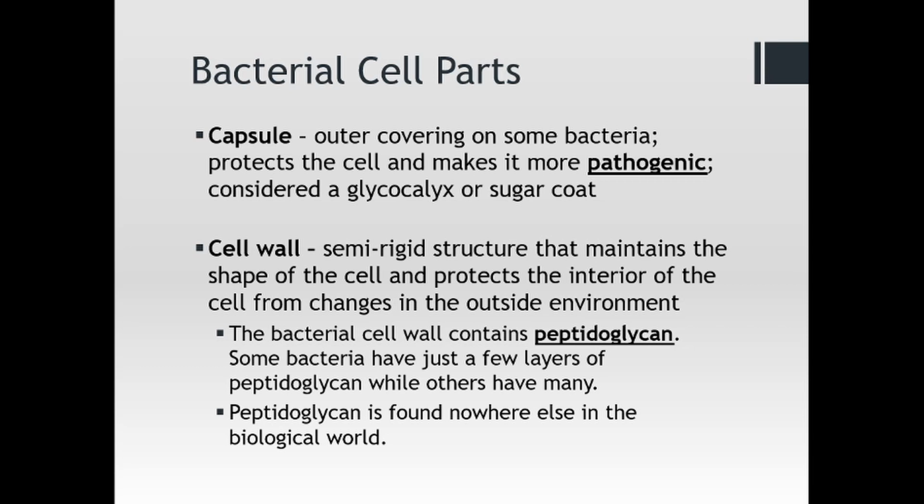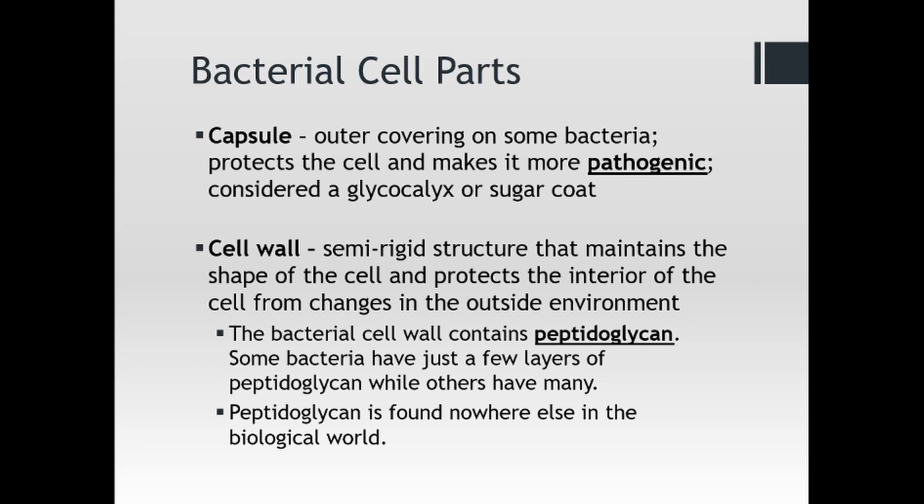Depends on the organization of it. If it's highly organized, it's a capsule. If not, it's called a glycocalyx or a slime layer, not as tightly packed and organized. So this capsule enables them to survive in dry, adverse conditions. It makes them able to survive these conditions so that they don't become desiccated or dried out. Enables them to survive in what would normally be hypertonic conditions for them. So it's important for their survival and also for their success as well.